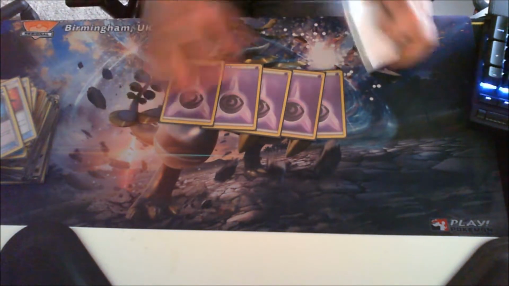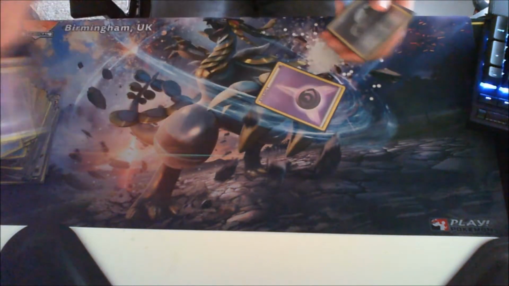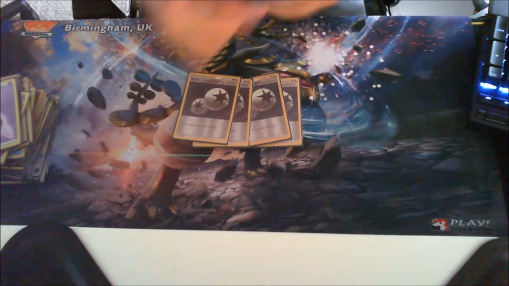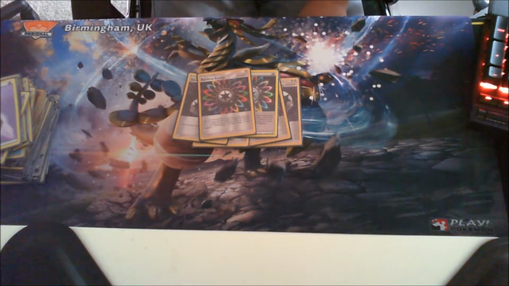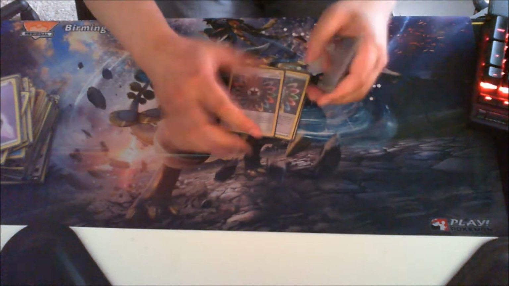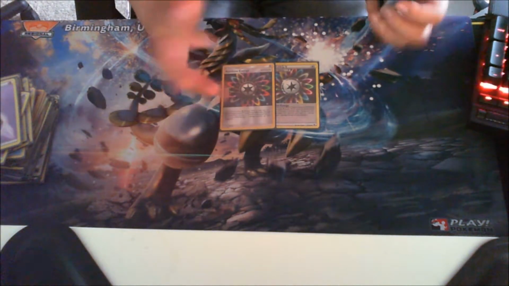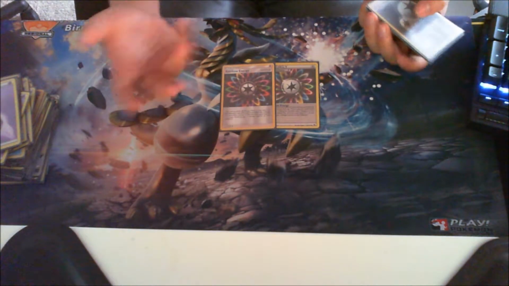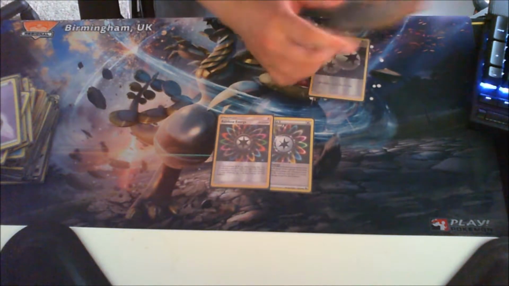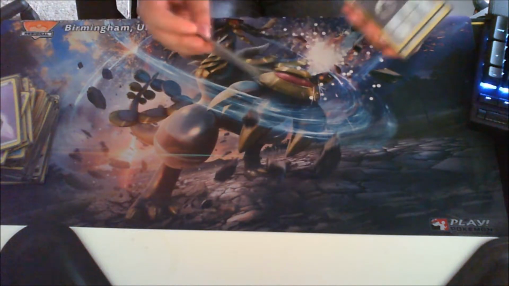I play 5 of the Psychic Energies, 4 DCEs, and 2 Rainbow Energies. I decided to go the Rainbow Energy route instead because I didn't want to play Magma Base. I felt like if I got the mirror match, the Magma Base would just help the opponent as well. So I wanted to just go the Rainbow Energy